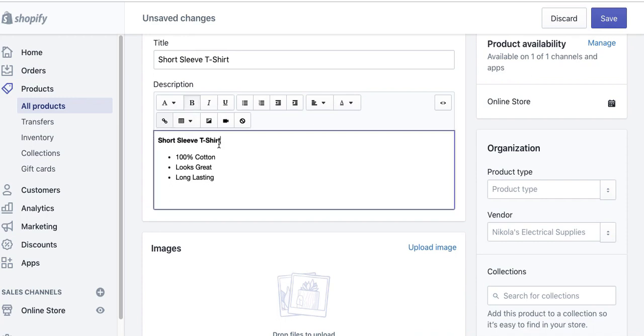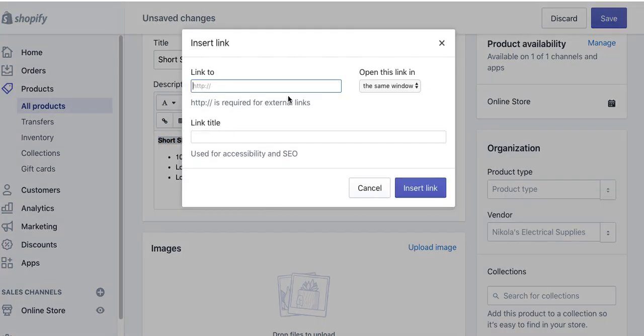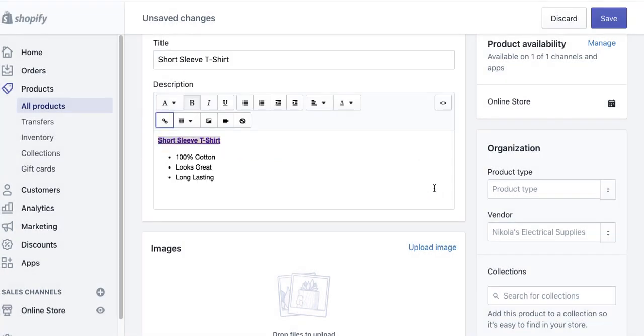And then you also have the ability to insert links. Say you wanted to link that to another thing. It's important that you add the link title for the search engine, the SEO, and use something that describes the page that they're going to. Then you select Insert Link. So I'm just going to put in Google. Okay, insert link. And then you notice you don't see any of the other info, but if you go ahead